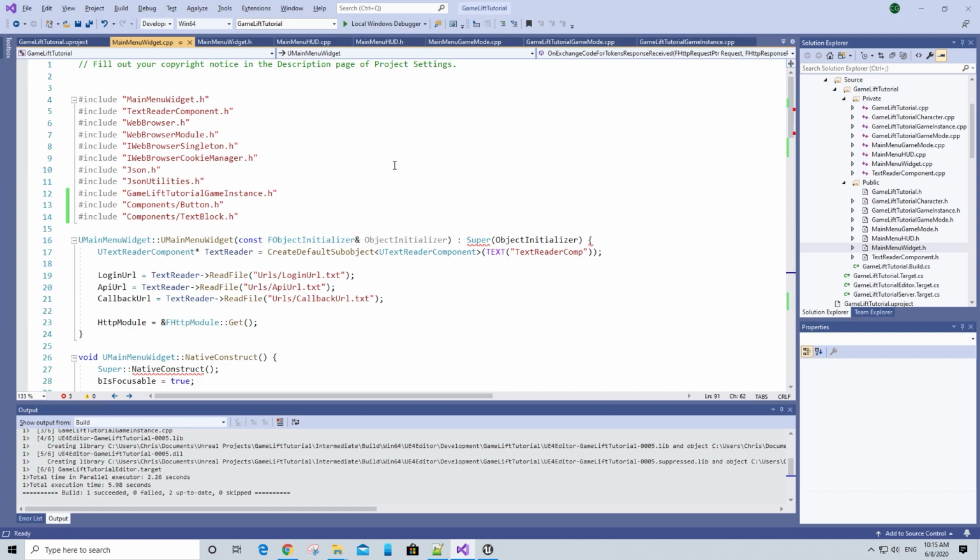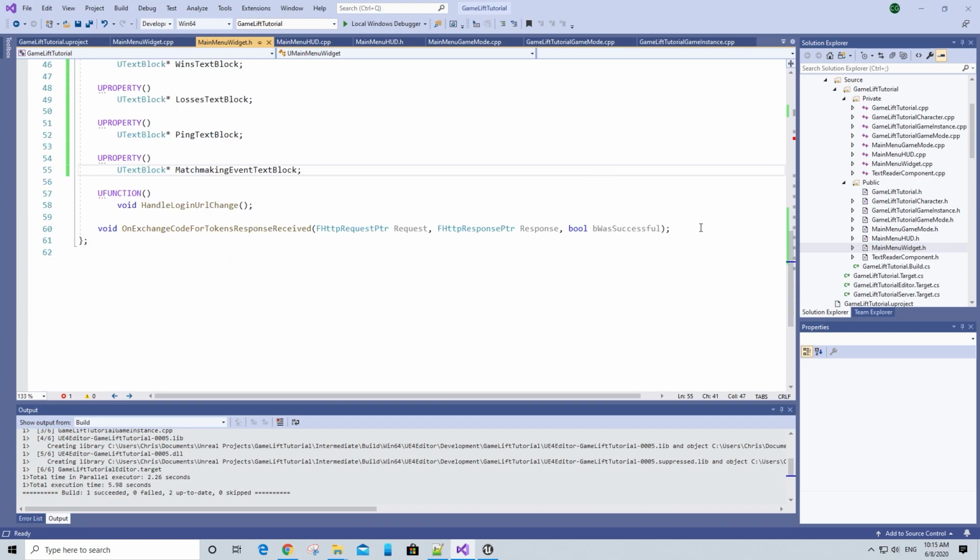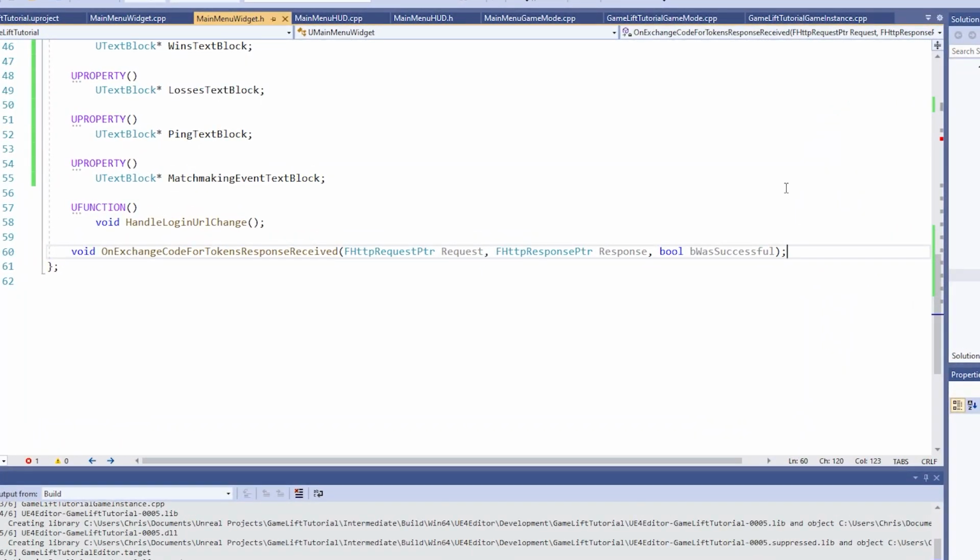Then the sub value is used to get an item keyed by that sub value in the player's DynamoDB table. That item will contain the number of wins and losses for that user. So let's go back to the main menu widget header file because we need a response handler function for this getPlayerData API request. So I'm going to add the definition for that handler function at the bottom of the header